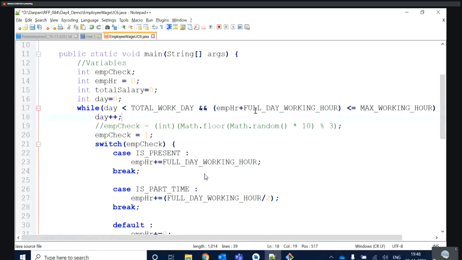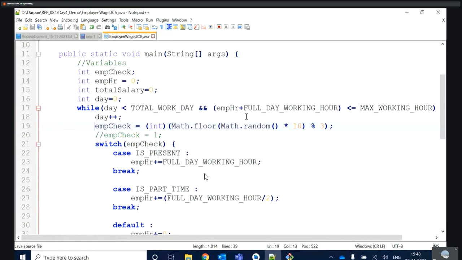I'm changing the condition here. This part is not in the document, because if you are not giving the employee check equal to one every day, this scenario is not coming; it gives you less than 100 hours only during day 20.